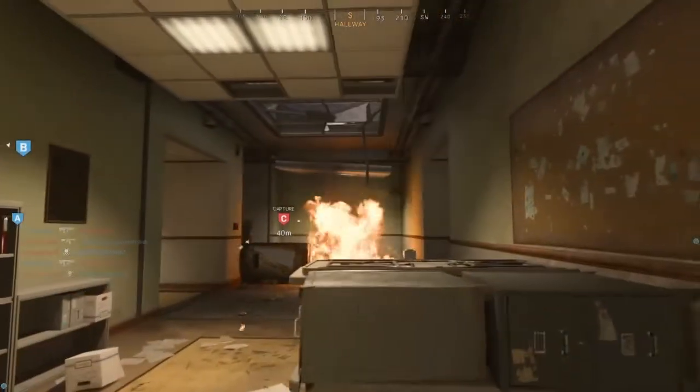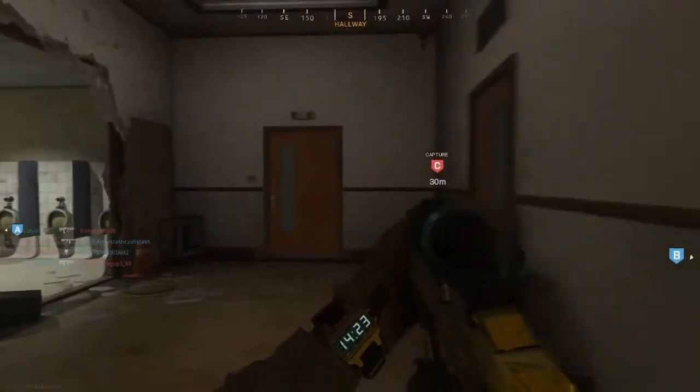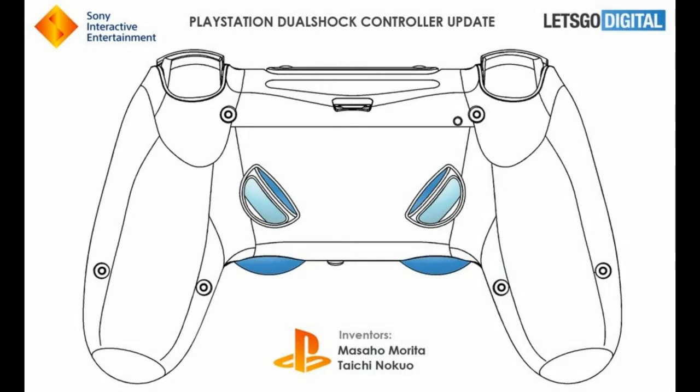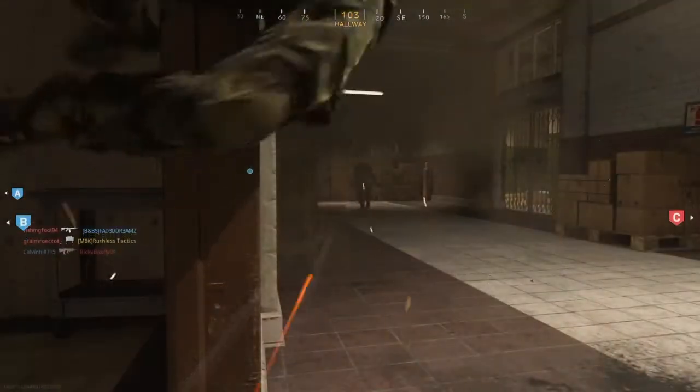Now, about a week ago, I'm about to throw up another image of a patent that was approved that Sony had put out, and this image was leaked. And this is the controller, as you can see, still the touchpad. It looks exactly identical to the DualShock that we have now. But on the back, as you can see from the image, the light bar is still there, and now they just added buttons to the back of the controller to give it the little professional feel, like how the